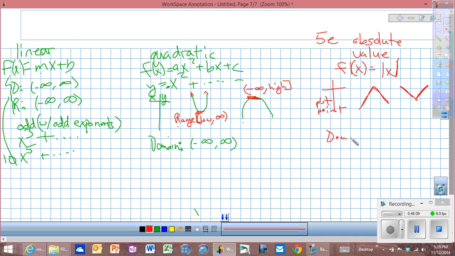Your domain for these guys will be kind of the same as it was for your quadratics, that x squared dude. I have negative infinity to infinity. Pick a different color again. My range,